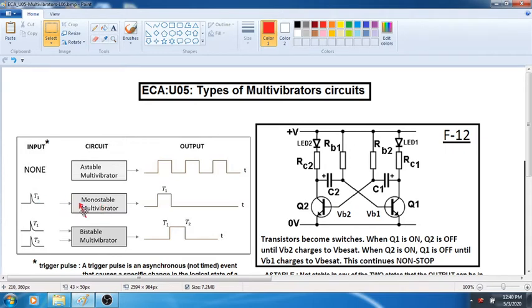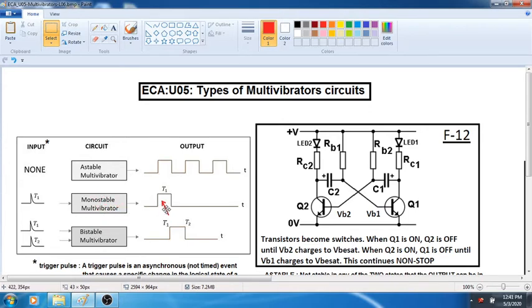So what is happening here is, in the case of the astable multivibrator, we are not giving any trigger, but the output is changing from low state to high state to low state to high state. In the monostable multivibrator, if everything is left alone, it will be in the low state only. Now you may ask, all multivibrators will be in the low state? No. Some multivibrators can be desirous of being only in the high state. Then what do we do? We give a trigger pulse to the monostable multivibrator to change the state.